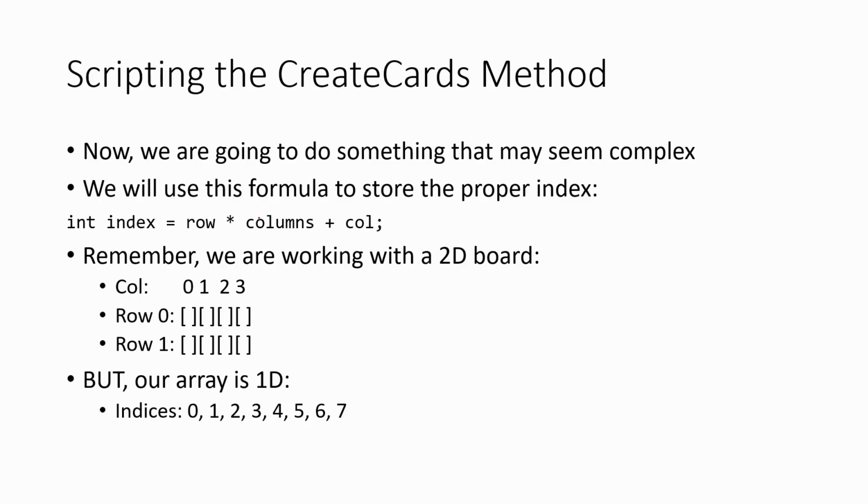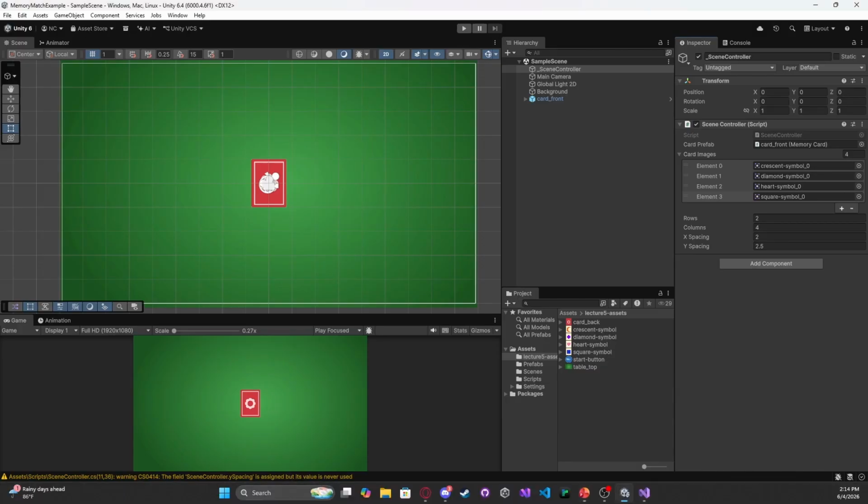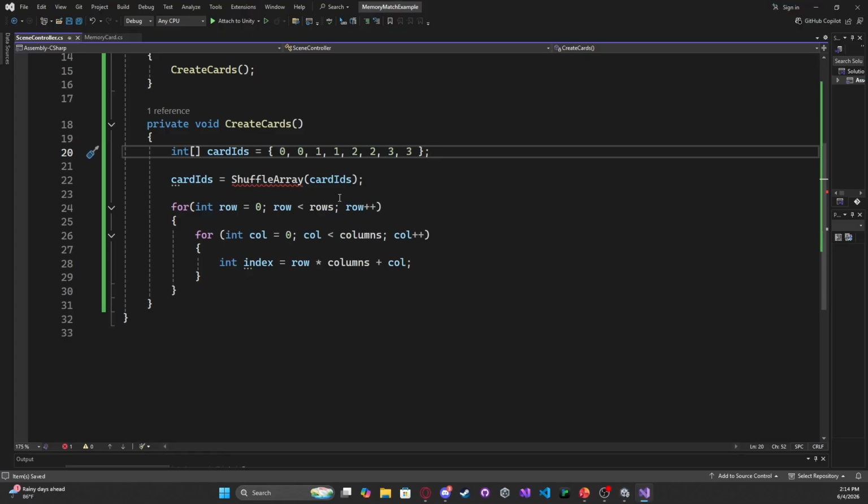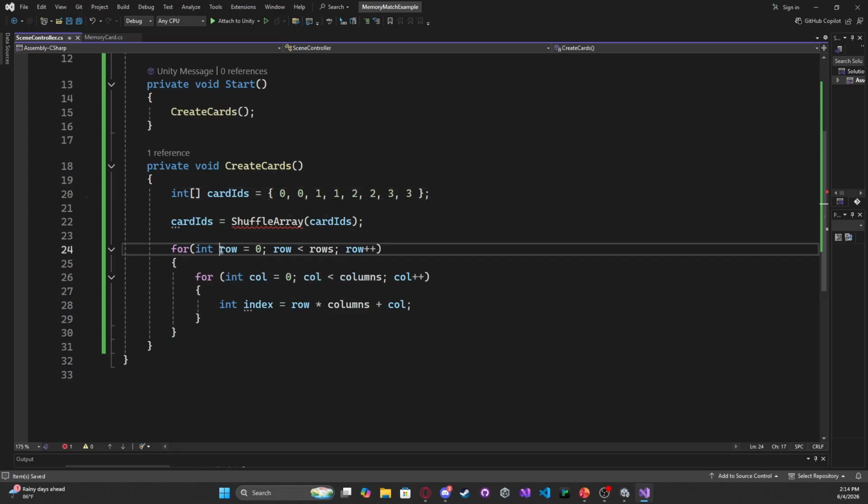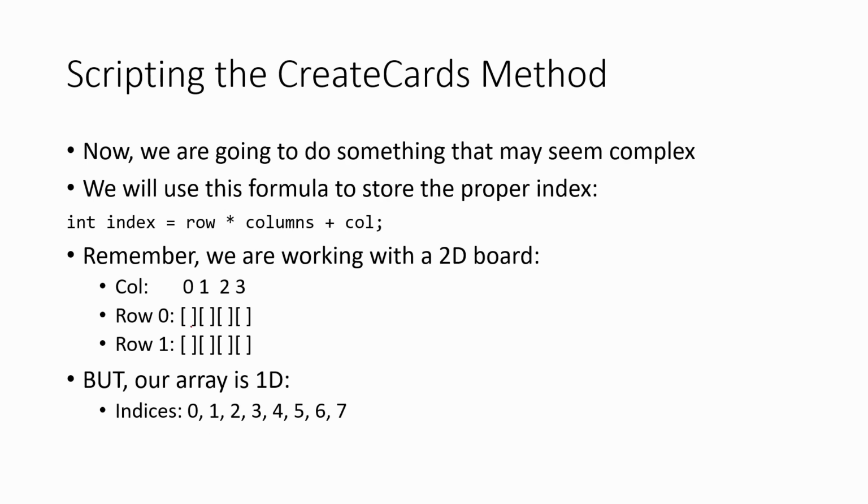Well, technically it wouldn't be 2 times 4 initially. So if I go back to the game, just to look at it, row is equal to 0 first, and column is also equal to 0 first. So if we go to our slides, row is equal to 0, and columns is equal to 0. So 0 times 0 is 0, plus call. So call is equal to